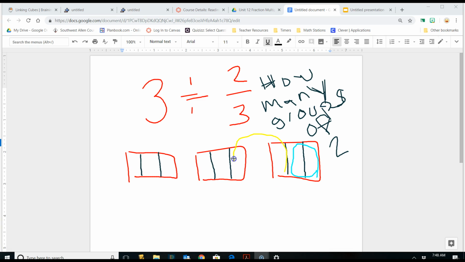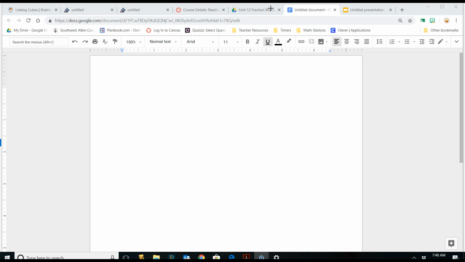I have 2 groups of 2. 3 groups of 2. 4 groups of 2 with 1 out of 2 left over. So my answer is 4 and 1 out of 2, or 4 and 1/2. Okay, now let's try